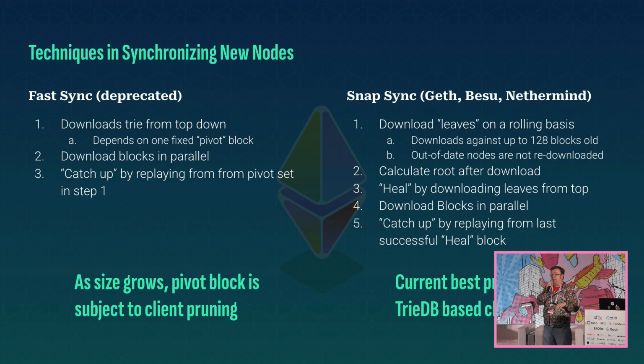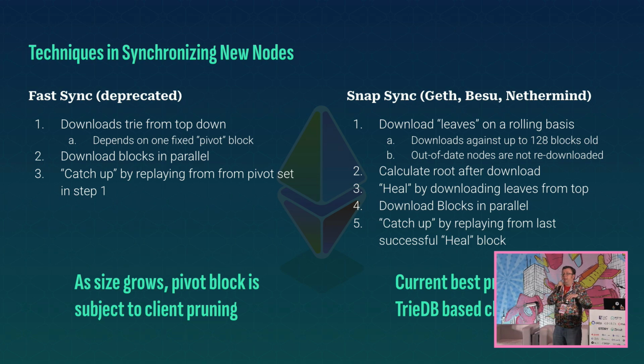So a number of years ago, Geth came up with a better idea called fast sync, and Besu and Nethermind also implemented it. And the difference is you start with the leaves at the bottom. You just say, hey, tell me the leaves. Give me the first 10. Okay, give me the next 10. And you keep moving left to right across the tree. And as time progresses, you just say, give me the current value of that. So as you go left to right, you don't have the leaves at the same point in time. You have them over an increasing point in time, but eventually you have all of them. And once you think you have all of them, you add them up, you do the hash, you get a root value, and spoiler alert, it's going to be wrong, but that's okay.